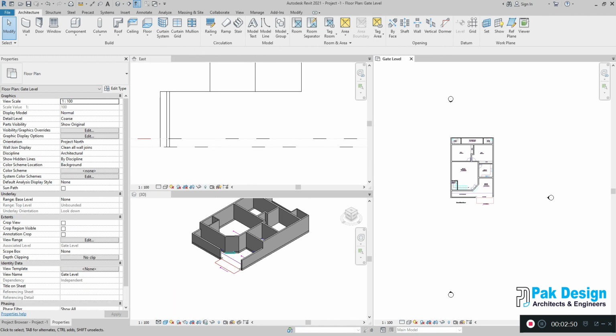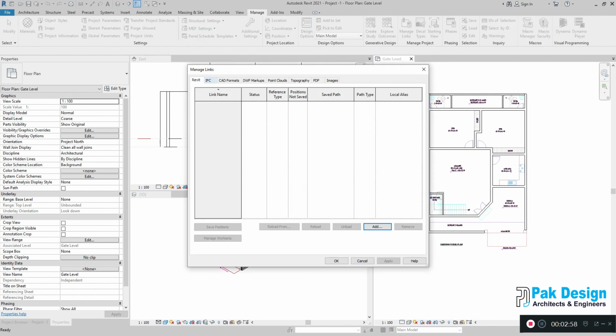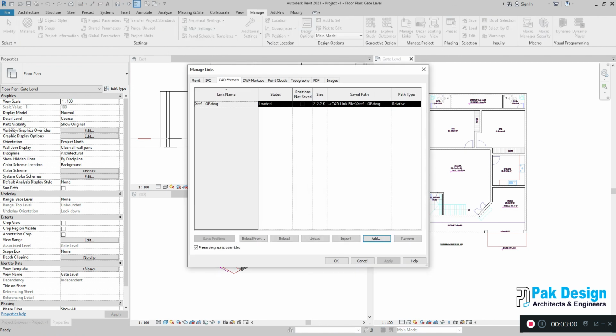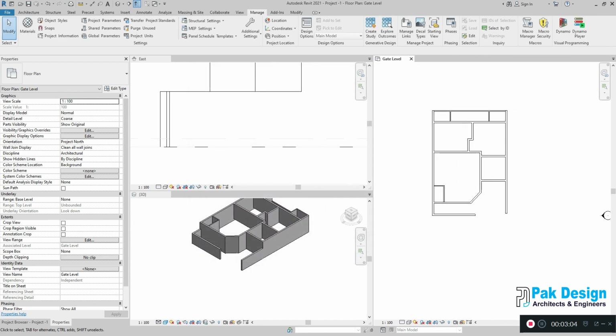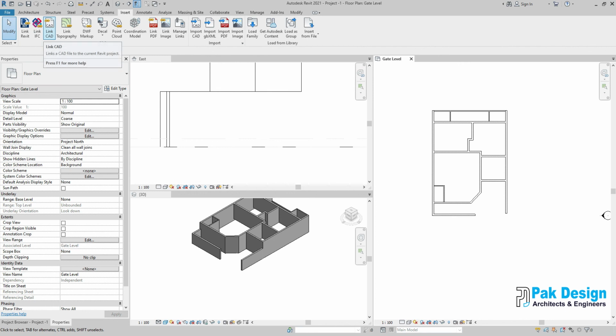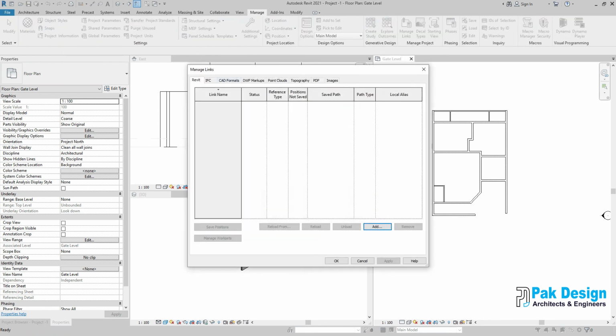Now we will learn how to import an AutoCAD file. What I'm going to do here is remove this link. There is no more link, there is no xref. There are different ways, like if you go in insert, there is CAD link, or manage and manage link.